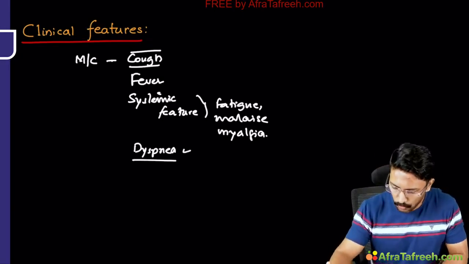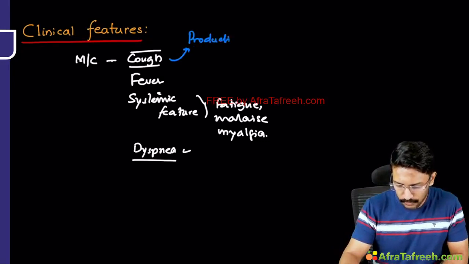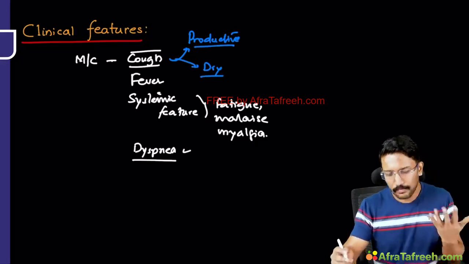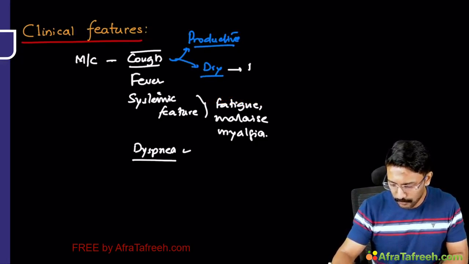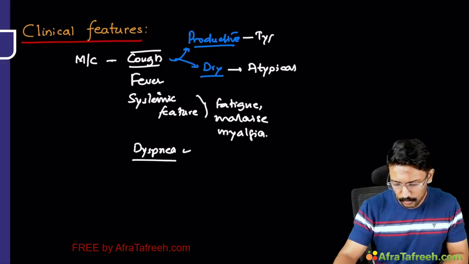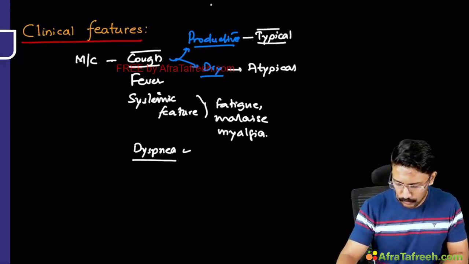And when we talk about cough, cough may be productive or non-productive. It could be productive or dry cough, and the nature of cough might give us some clue. Typically speaking, the dry cough is more common with atypical pneumonias, and the typical pneumonia is most likely to be productive. And the nature of the sputum might give us some clue, right? So sputum,